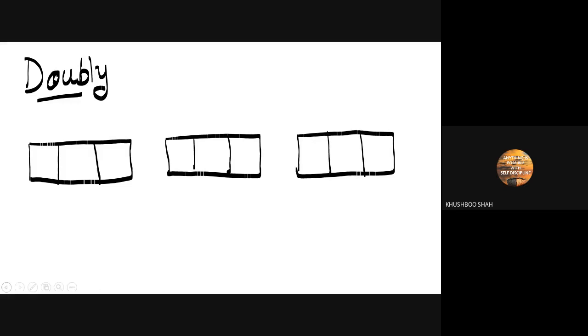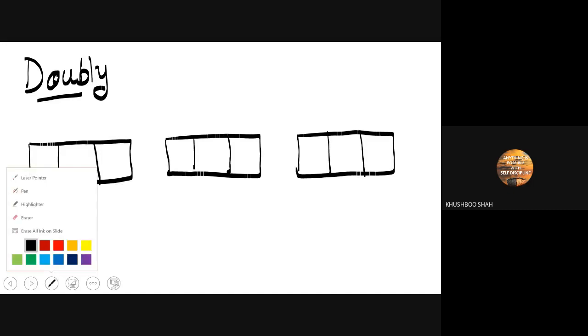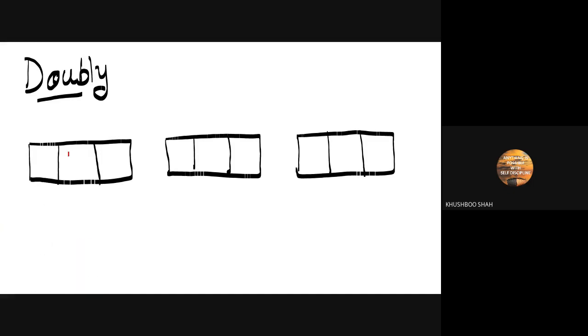So here is the list. Then let me write down the values. Let's say 10. Is it visible? Properly visible, guys? Yes, ma'am.